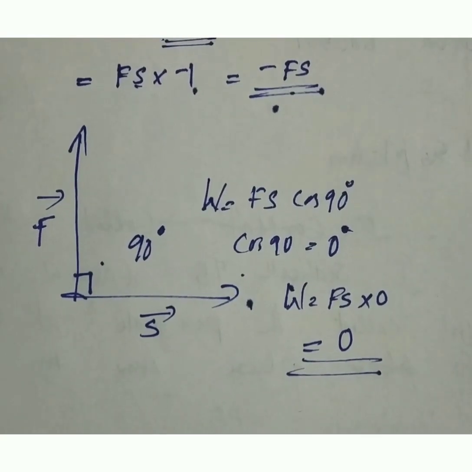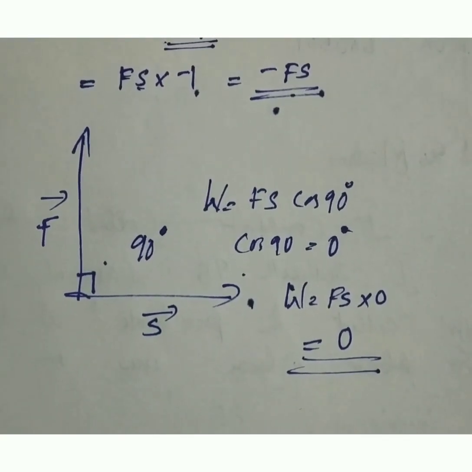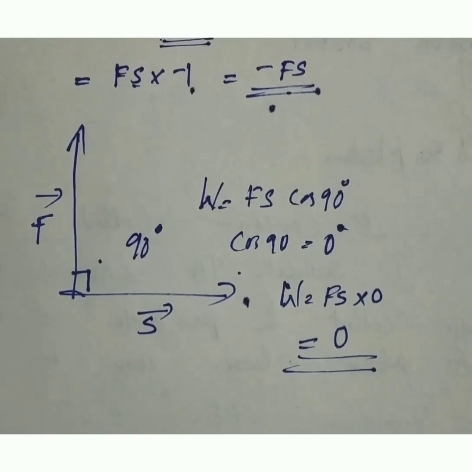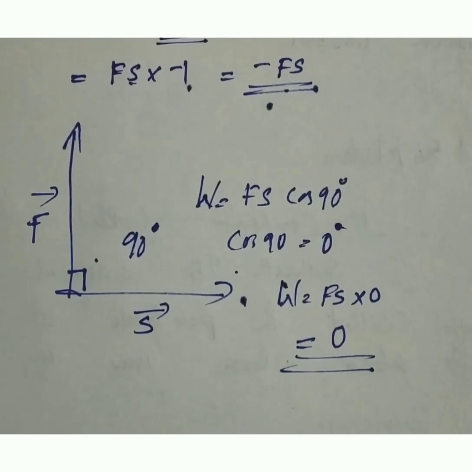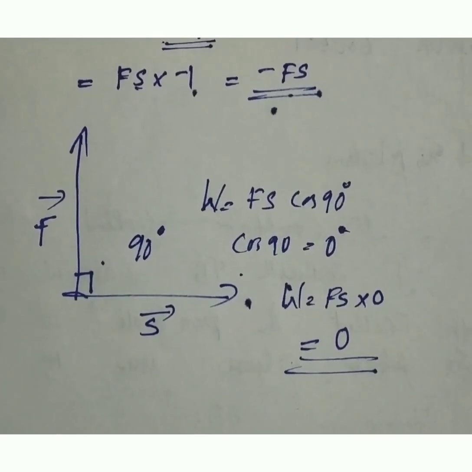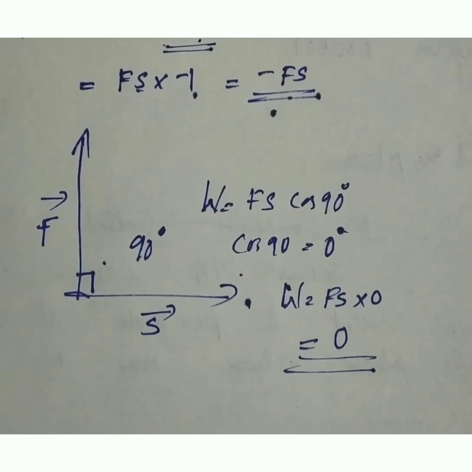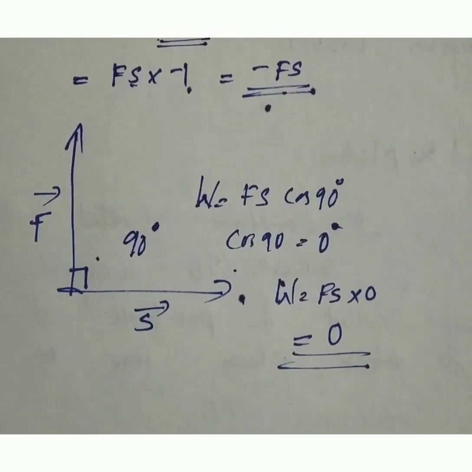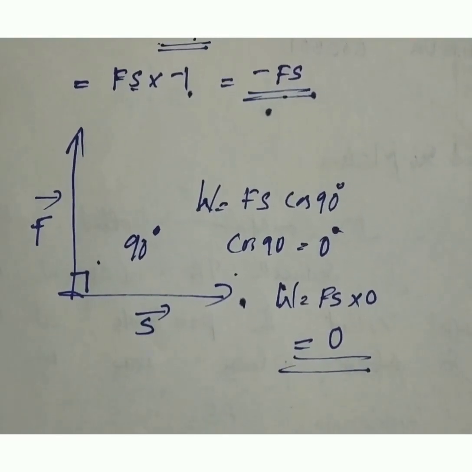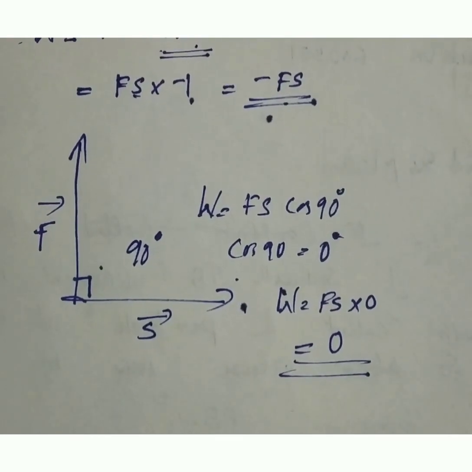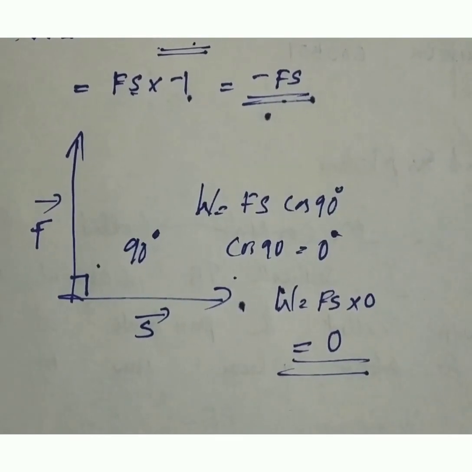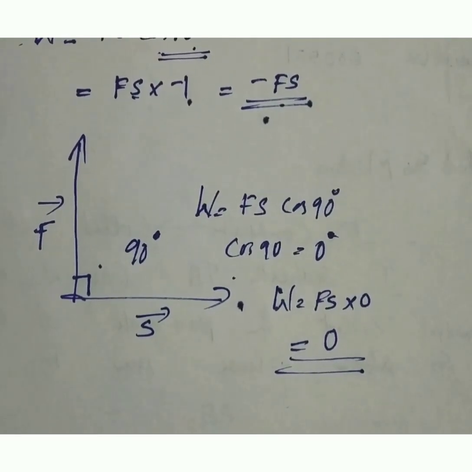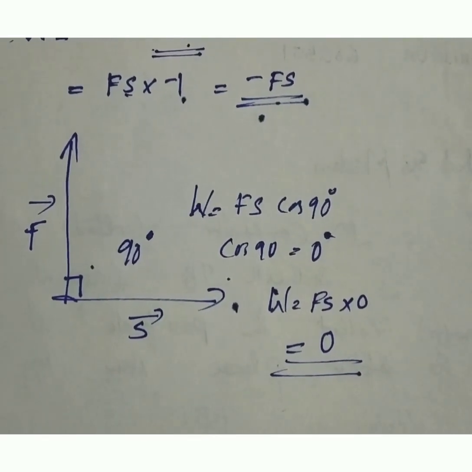Okay, so when a force is acting at an angle, the equation is W is equal to Fs cos theta. Theta may be 0, 180 or 90 degree. In all other cases, we have to find the value of cos of that angle, cos 45, cos 30. If any other angle, we have to find the value that is given in the table. So now we are not discussing those cases. We are only discussing 0 degree, 180 degree and 90 degree. That means in the same direction, in the opposite direction and at right angles to each other. Okay, is it clear?